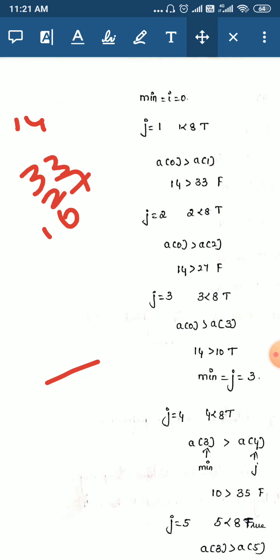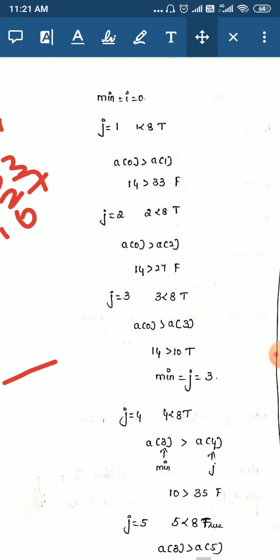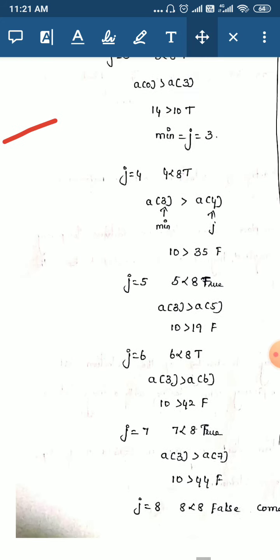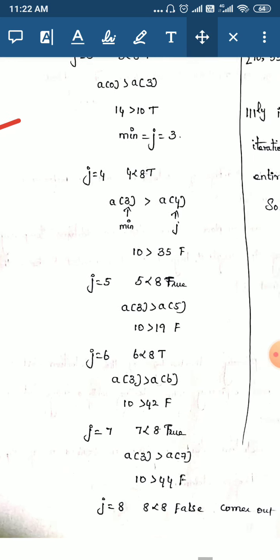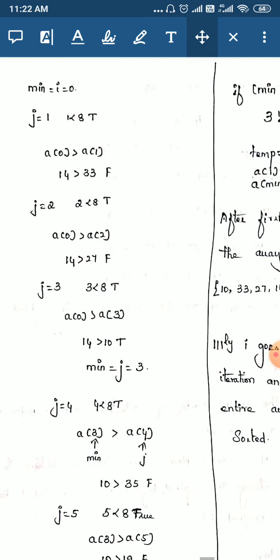Next the j value is incremented. Now min value is 3 and j value is 4. We are checking a of 3 and a of 4. A of 3 contains 10 and a of 4 contains 35. We keep checking until j value becomes 7. Once j value becomes 8, the condition j less than 8 becomes false and the j loop gets exited, and